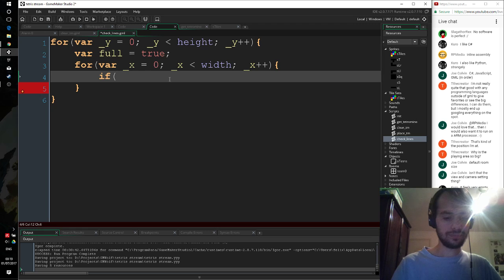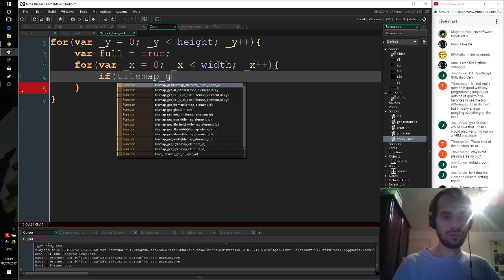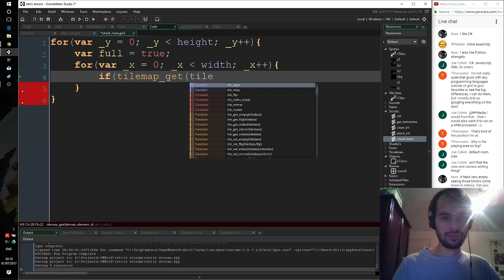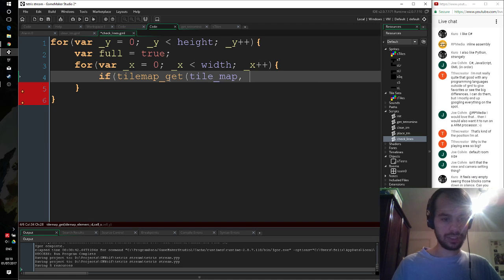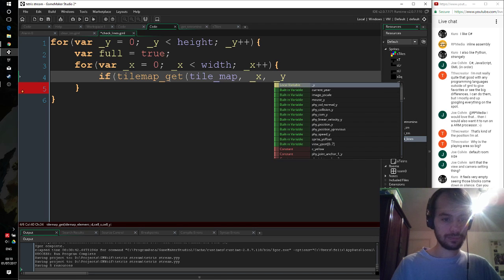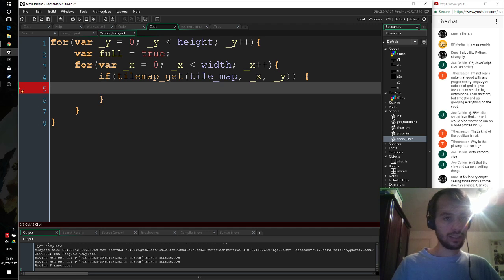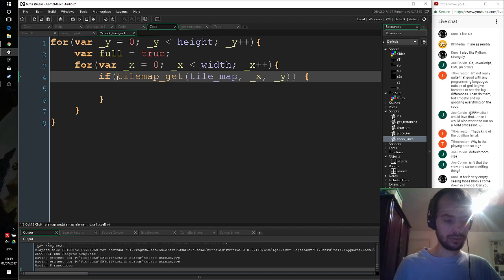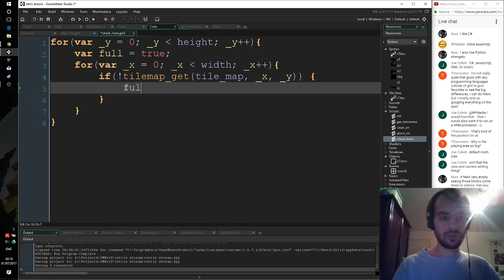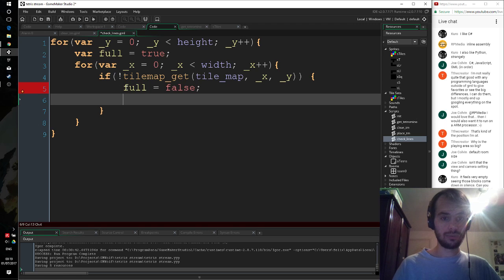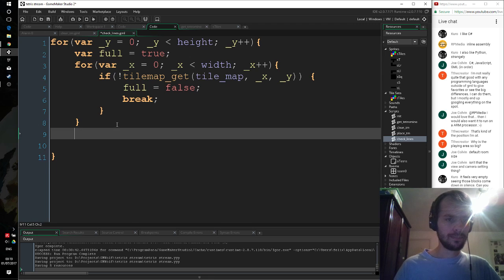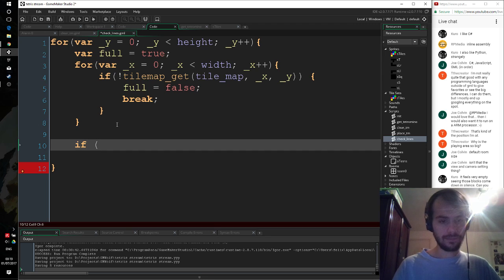And then I can do if tile map get tile map at position _x, _y, then actually if not tile map get, then full equals false and break. Now I hope this breaks the inner loop. Again, GameMaker is weird. Then I can say if full,